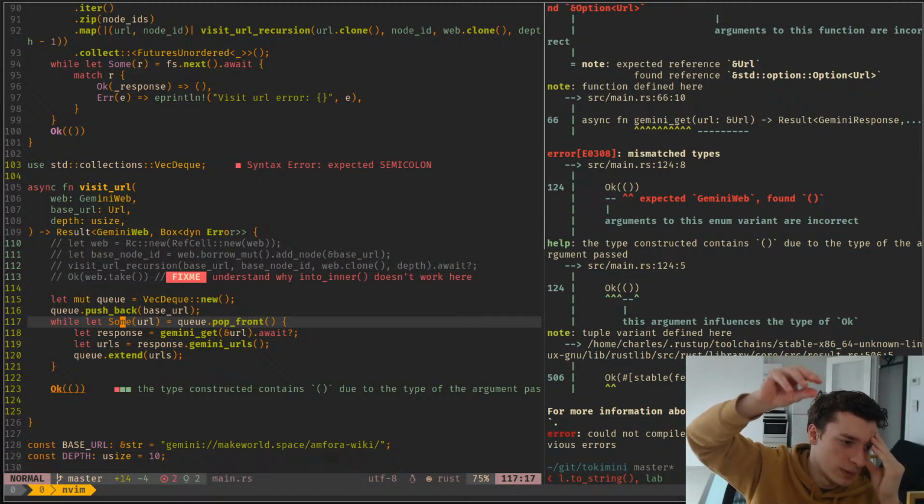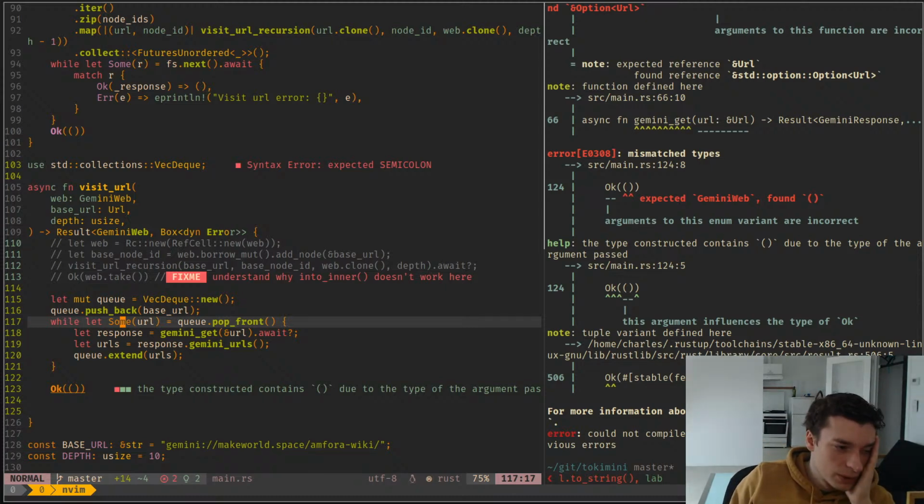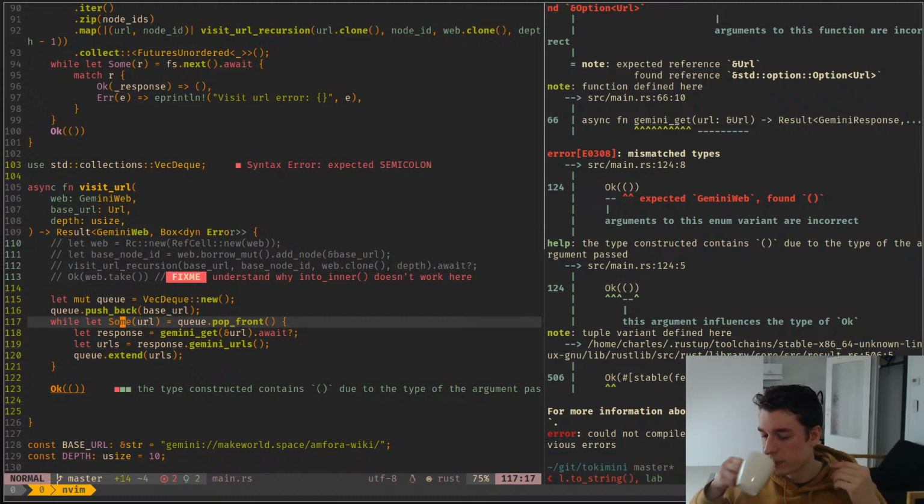It will first visit the ones that we discovered on the original page, which I think is what I want. I think with this method it will be like a more uniform graph. It's probably not the exact correct term, but